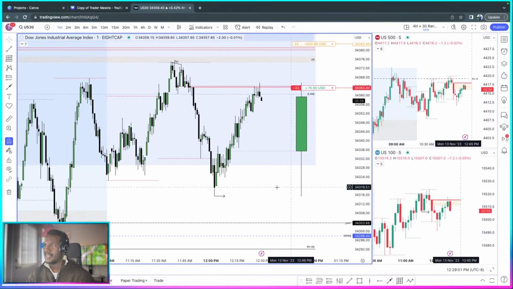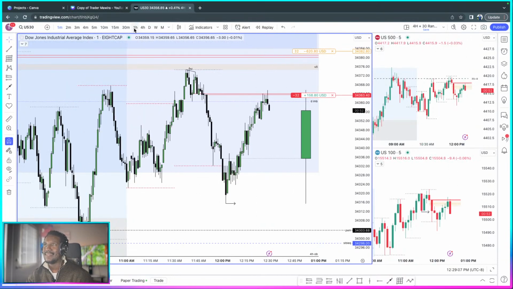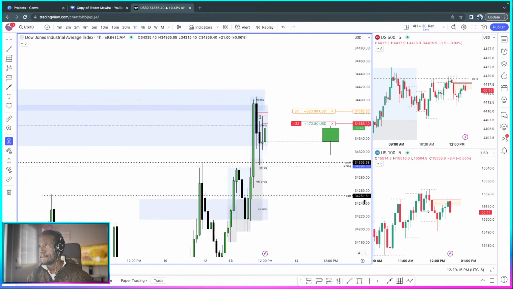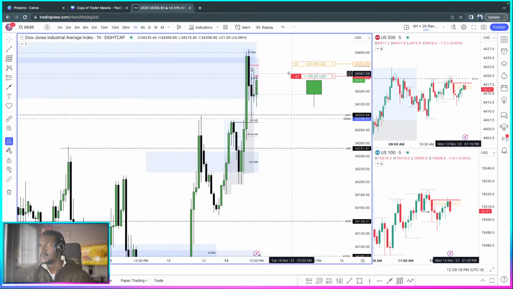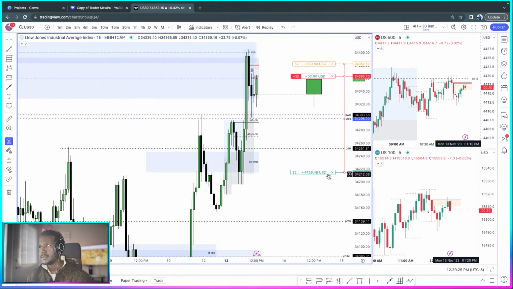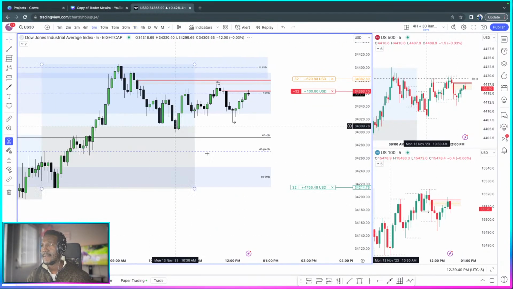Oh, I've not seen my setup, so there's no way. If they did, they should have come here, then I would have engaged with that. Otherwise, we're still in a 0.25% setup, risking $600 over there. If I'm to hold on this all the way down here, that would be like 6 G's. Wow, 6K, 1.8%. So that low. Will we get down here? I don't know. In the meantime, let's just see. But that would be a place I'd like to get out, or maybe that unfinished, whatever that is.